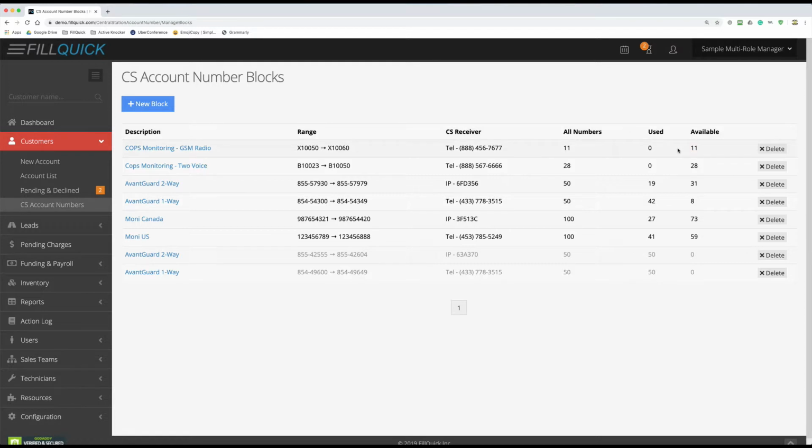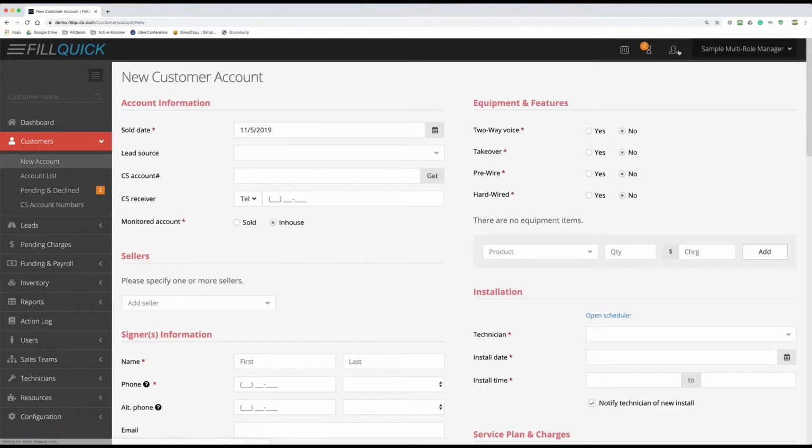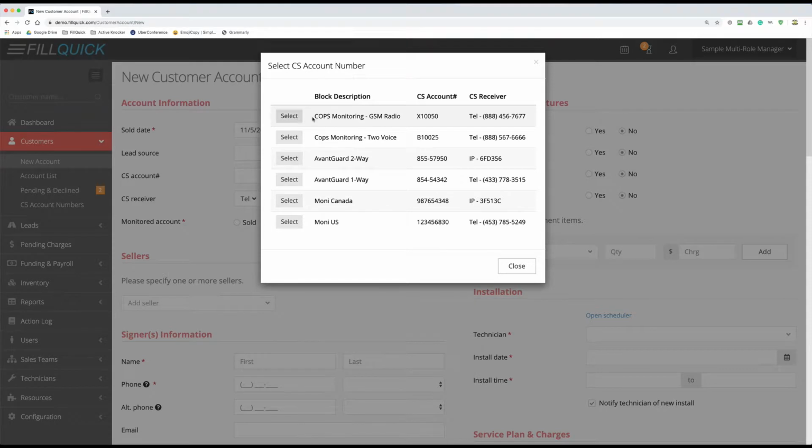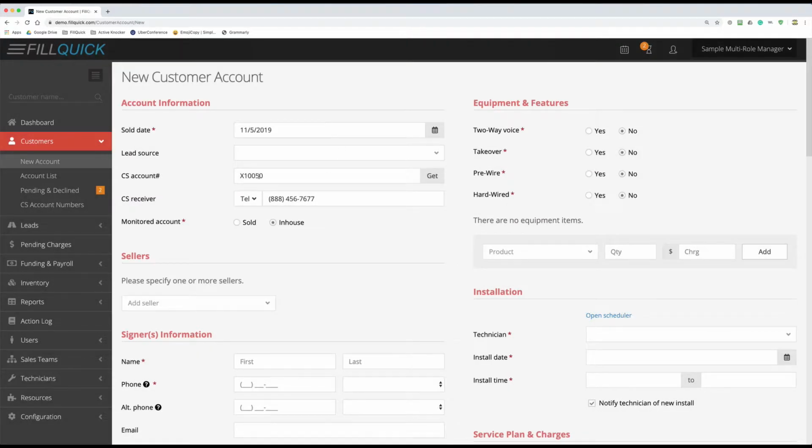A sales rep submitted an account over, and we want to put this account online and actually process it. So we would go to the new accounts. And here when we click this Get button under Central Station Account Number, you will see that we now have this COPS Monitoring GSM Radio account number that we can select, which if I select it, it'll automatically fill out the account number and the receiver number here for you,